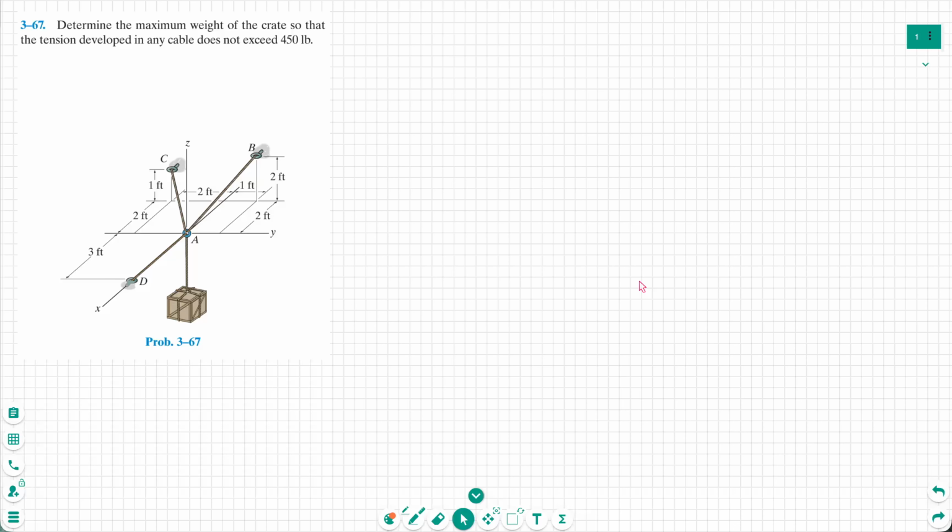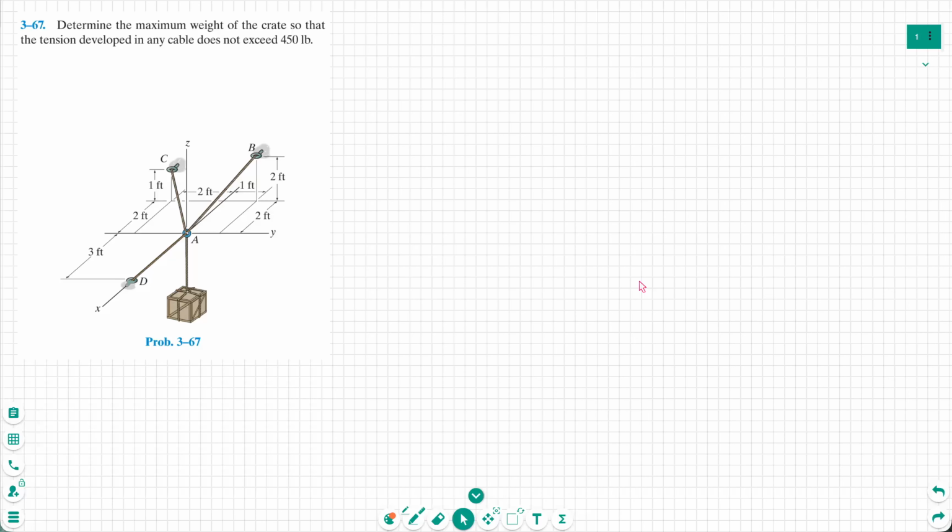Hello everyone. Today I'm going to solve this problem. I chose this problem from the 14th edition of Statics by R.C. Hibbeler. And as you see, I chose a 3D problem, and the number of the question is 3